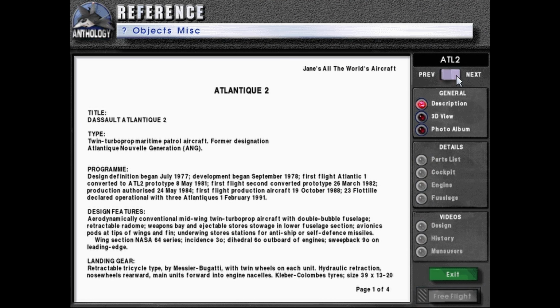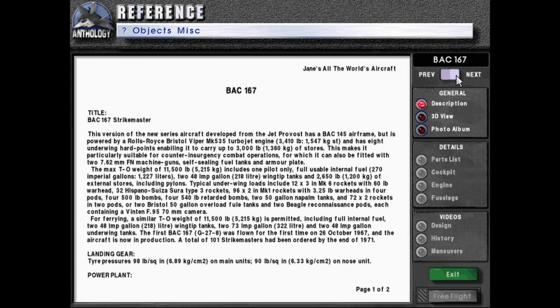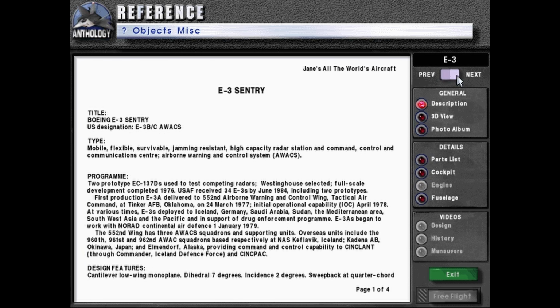Today we will start off by going over the E3 Sentry. Once I scroll over to it, there we go. E3 Sentry. Title: Boeing E3 Sentry, US designation E3B or E-3C AWACS. Type: Mobile, Flexible, Survivable, Jamming Resistant, High Capacity Radar Station and Command, Control, and Communication Center, Airborne Warning and Control System. Program: 2 prototype